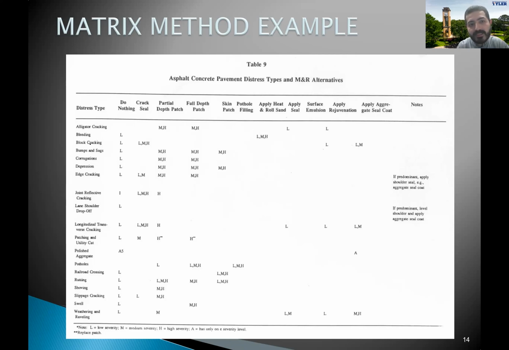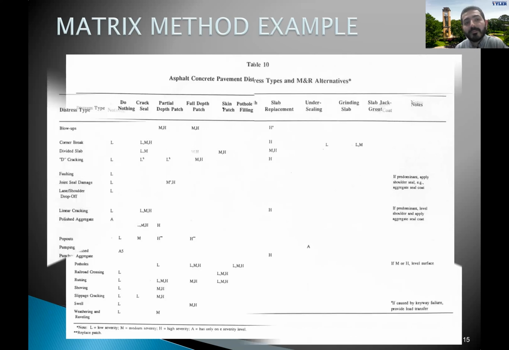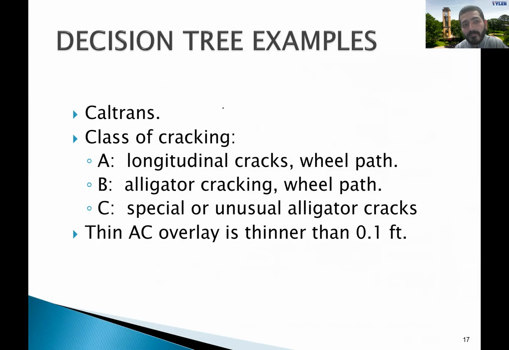So here, let's say I have an alligator cracking or a fatigue cracking. Things can go from do nothing, or crack seal, to partial depth patch, all the way to other techniques such as skin patch or full depth patch. So any PMS, we need to come up with similar tables, or like Caltrans, for example, they specify first, or they try to classify rather, the cracks